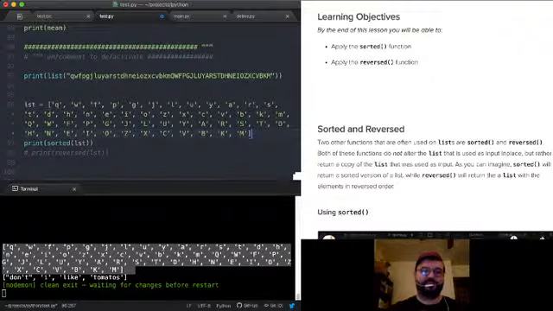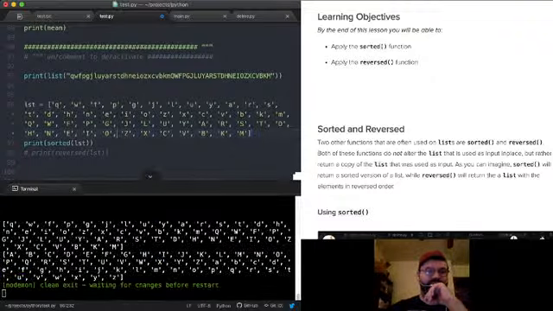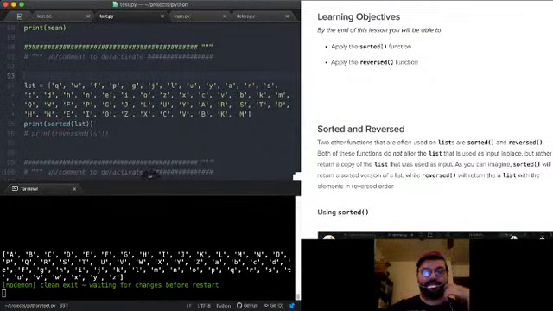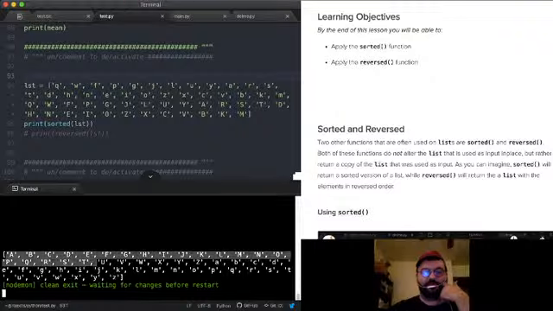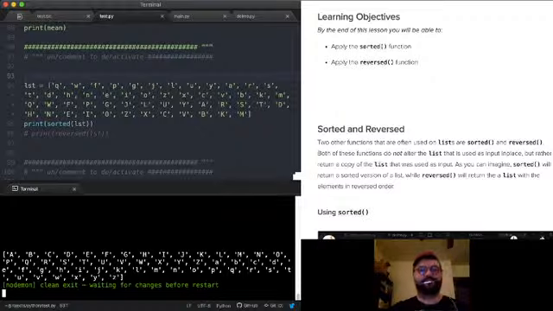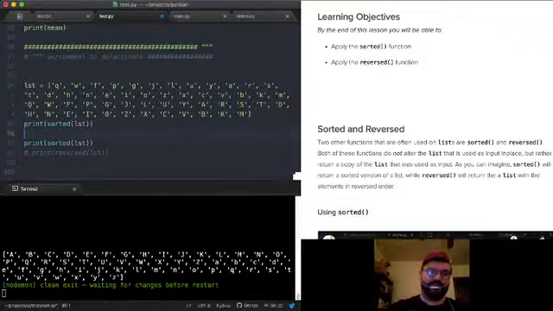So if I sort this list, notice I get my capitals in alphabetical order, followed by my lowercase letters in alphabetical order. Yeah, so that's something to remember. We can also sort a list of numbers, and they're going to sort numerically. So let's just override list with a list of